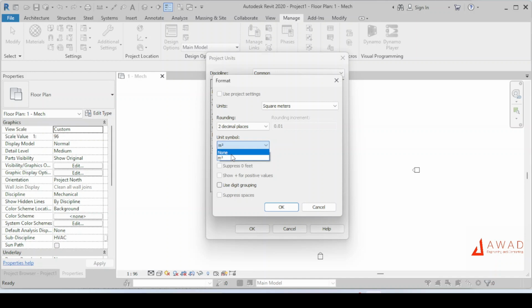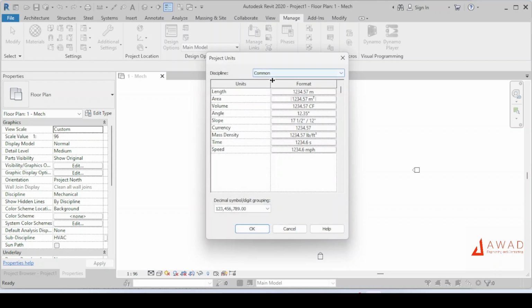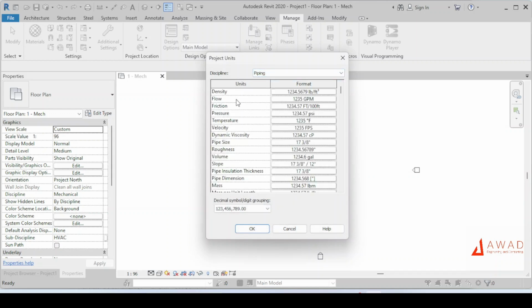And the unit symbol, if you click on meter square, that means this symbol will appear in all the drawings. Then you click OK, and if you want, you can go to piping, let's say,